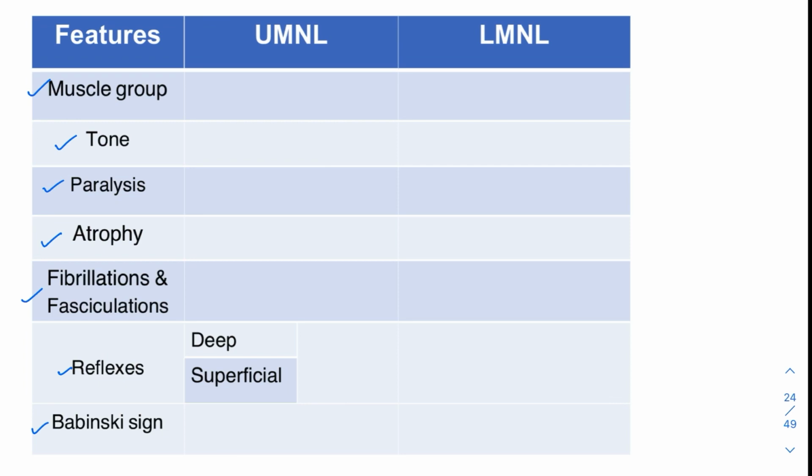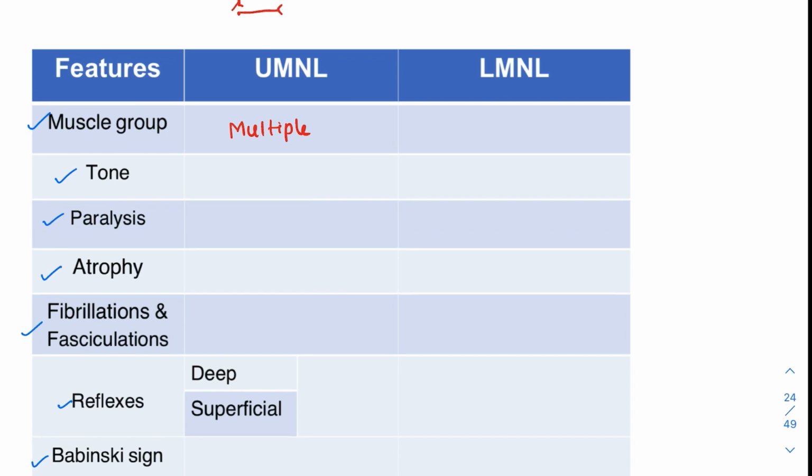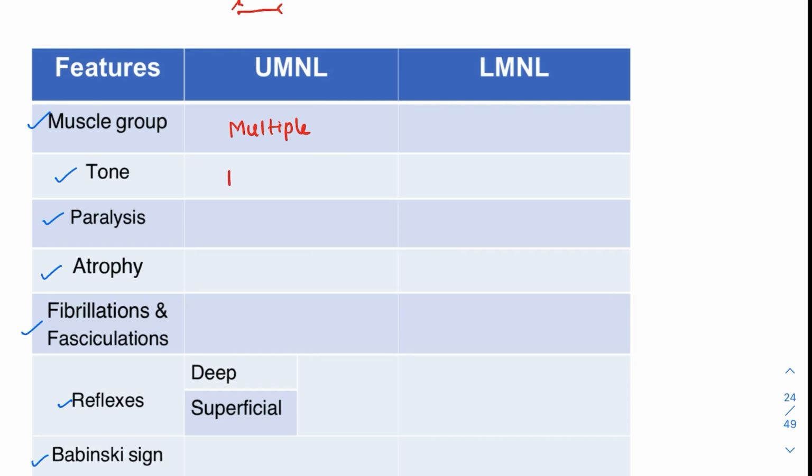In case of an upper motor neuron lesion, what will happen? It is innervating the various spinal cord neurons, so multiple groups of muscles are involved. Now the upper motor is not controlling the lower motor, so what will the lower motor do? It will cause a severe contraction of the muscle because here our upper motor is cut. So there will be a severe hypertonia